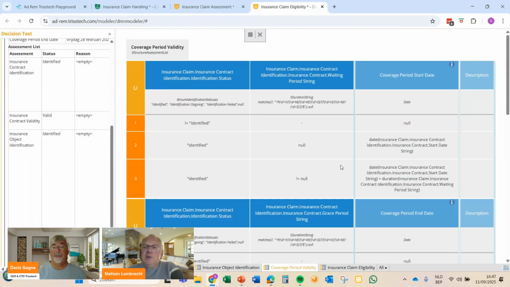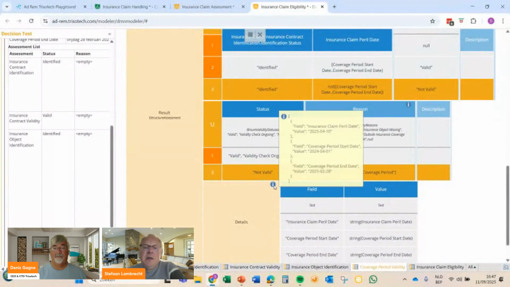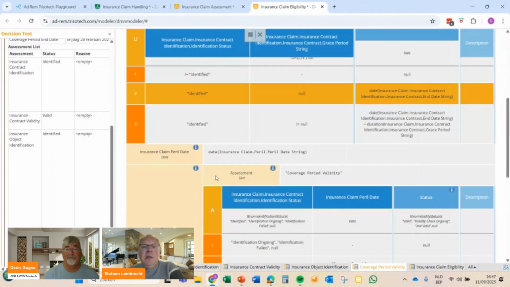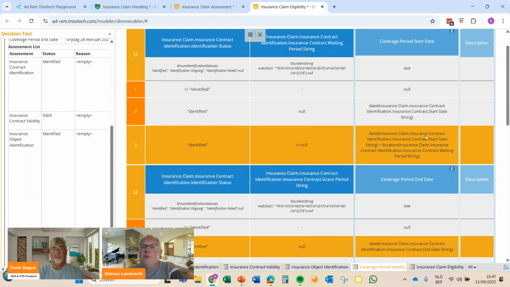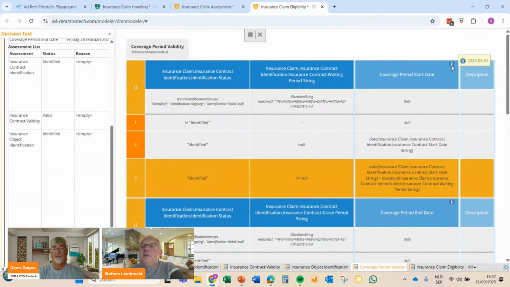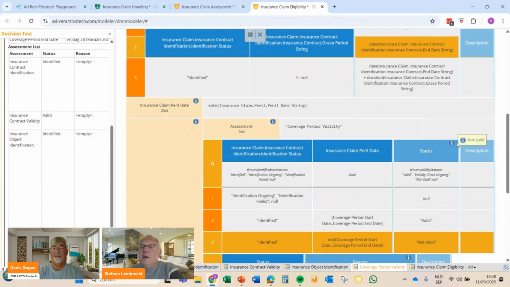So if something is not as expected, you know where you didn't get the result you expected. Yeah, and you can also go into it, and that is also very nice. Here I see my logic, and I see also which row of the decision table has been hit by the scenario that I have just run through it. And here I then see, okay, here I've got determination of the start dates and end dates, and here I've got the status not valid. Why?